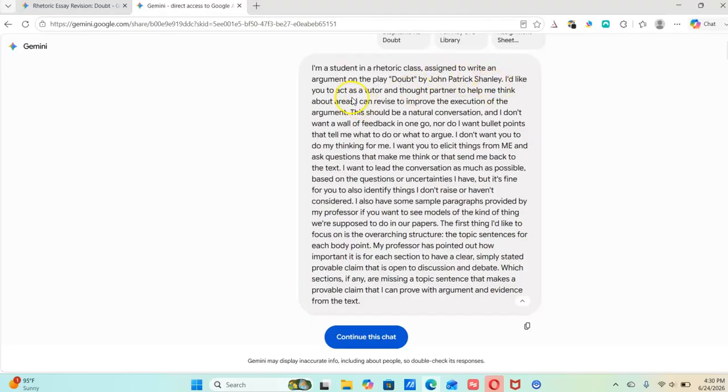So it's really important to assign a role: a tutor, a thought partner, a conversation partner, writing coach. Any of those are fine, and you're kind of giving it the purpose of the session. Now these are my personal preferences here. Obviously you'll modify them for yours, but basically you do want to have a back and forth where you're the